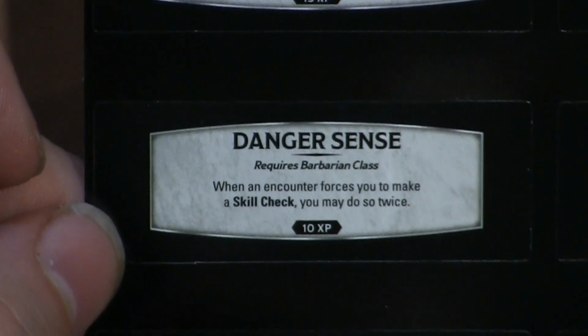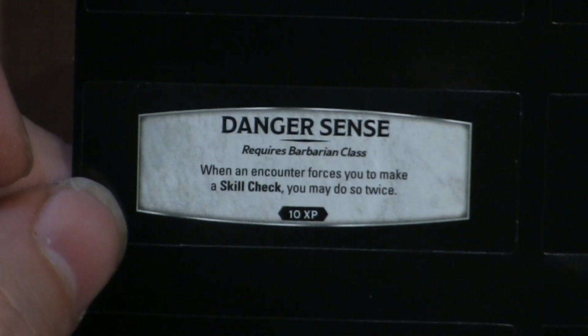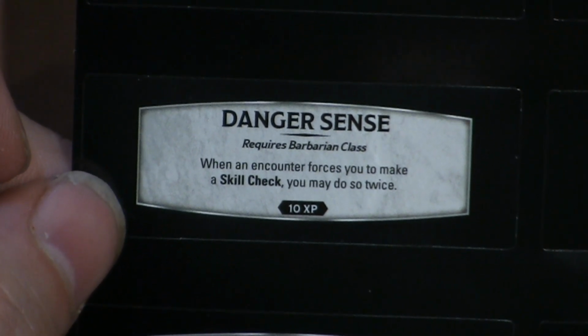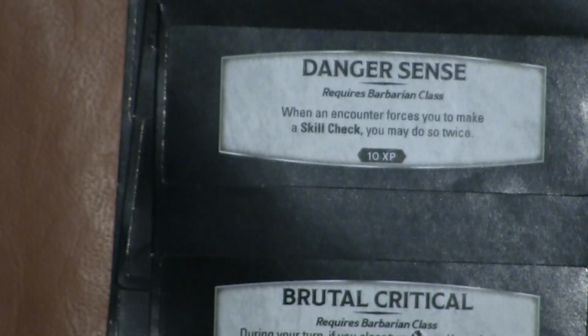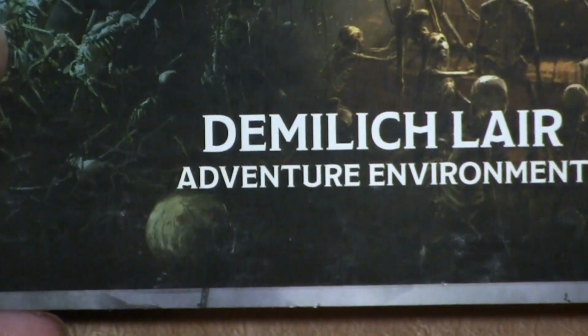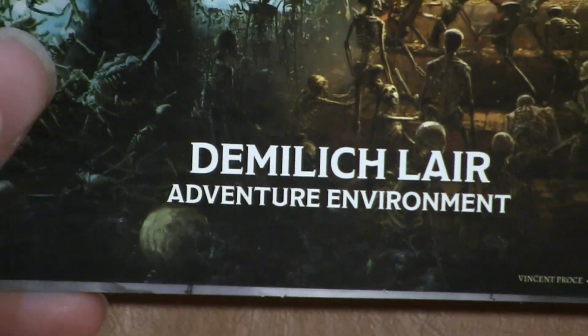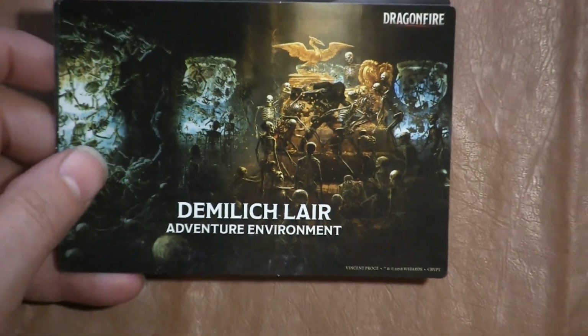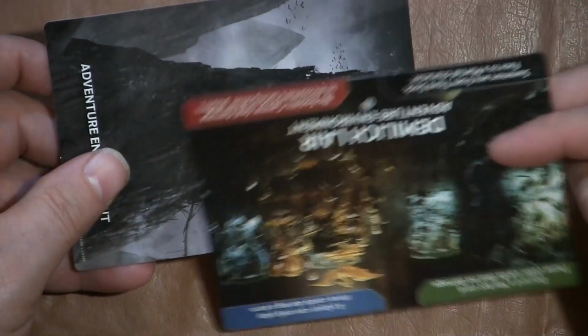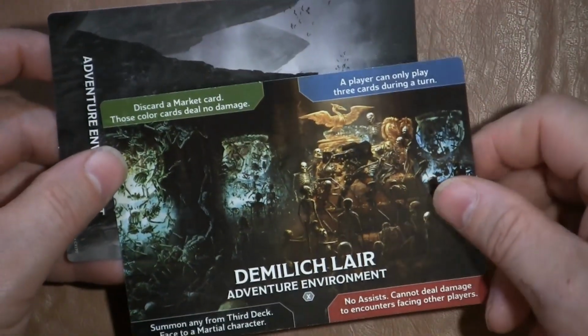Unarmored Defense, Danger Sense. Spider-Man, requires Barbarian class, and when an encounter forces you to make a skill check, you may do so twice. That's pretty cool. And then we have the Demi-Lich Adventure Environment, which is kind of...